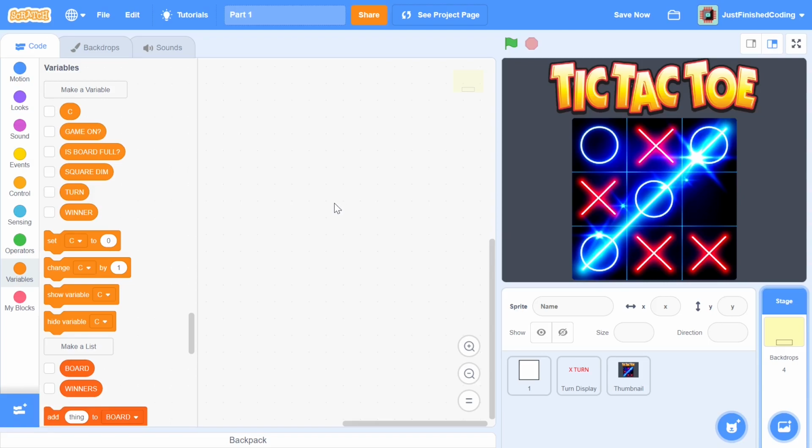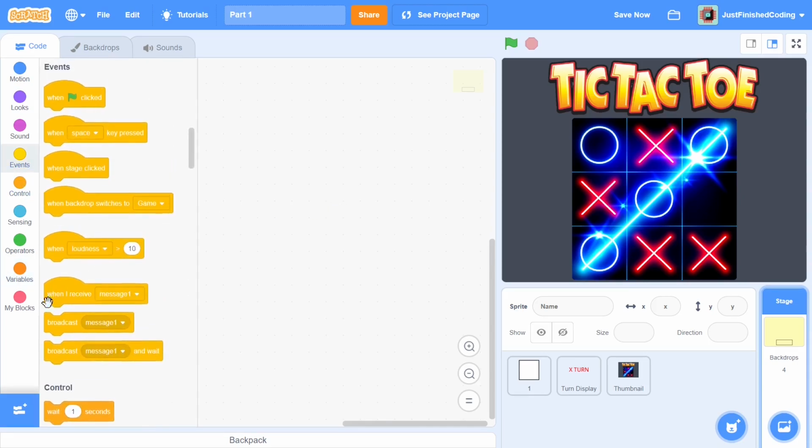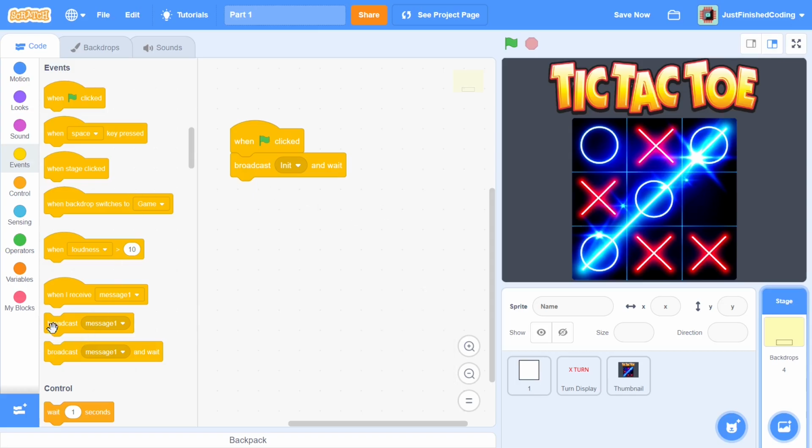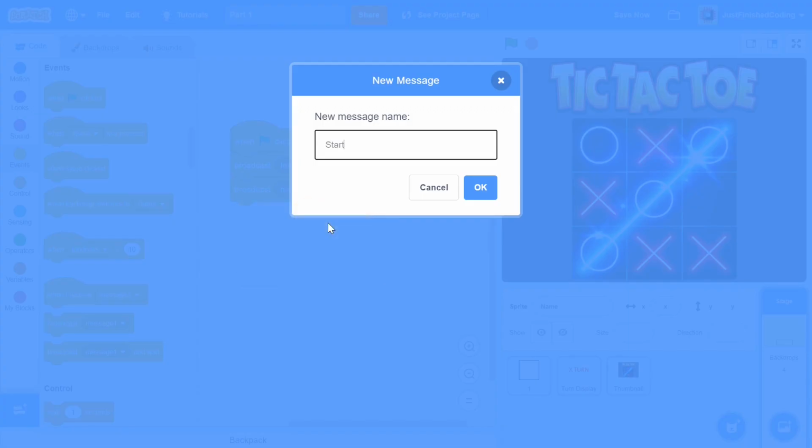So now let's start to get into the actual code. So I'm going to have a when green flag is clicked here, and in order to make sure everything goes on in a game tick sort of fashion, what I'll do is I will grab two of these broadcasts and I will say broadcast init for initializing everything. So let's broadcast init, and after that I will broadcast, not broadcast and wait, but broadcast start game. So new message, start game.